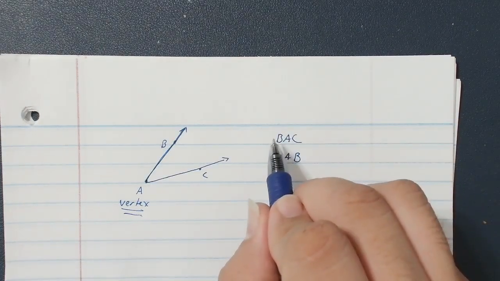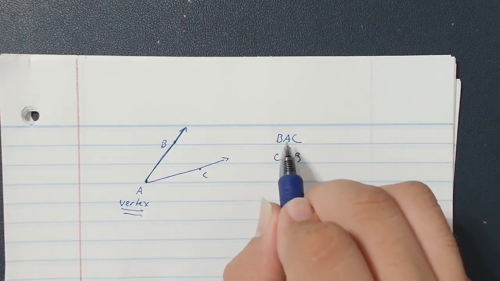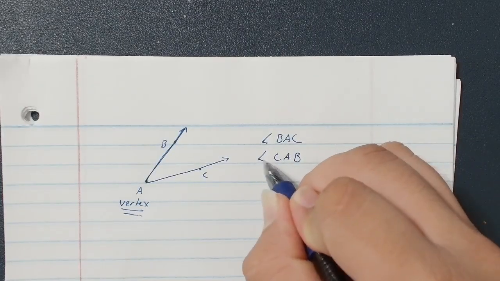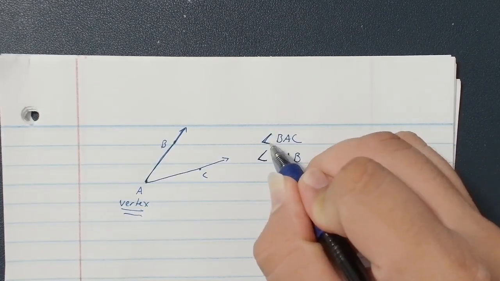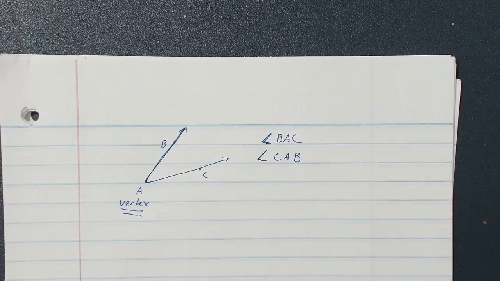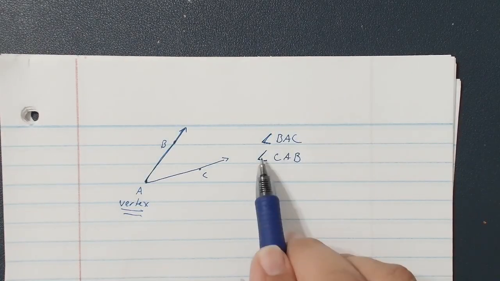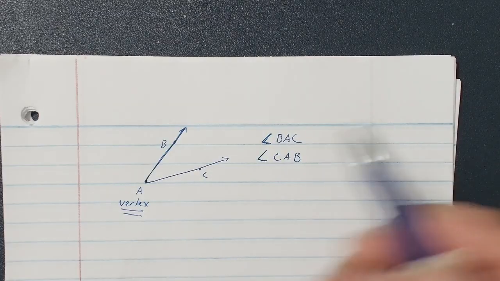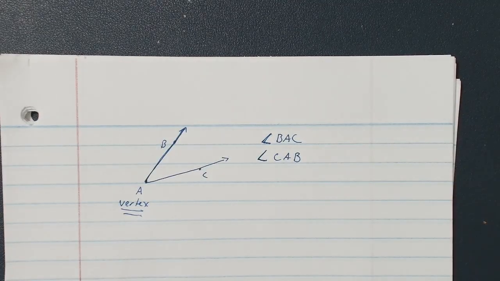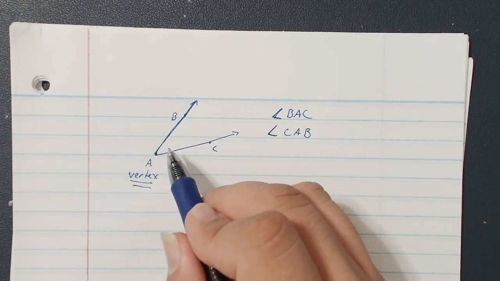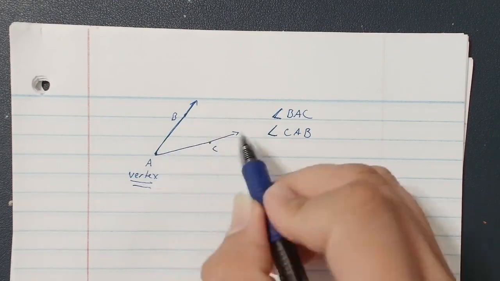To make extra clear that we're talking about an angle and not these separate 3 points, we put this little symbol in front. This little symbol that looks like a little angle. Right? So this would be read as the angle BAC. This would be read as the angle CAB, and both would refer to this. However, we can also refer to it a little bit differently. Here, this angle,